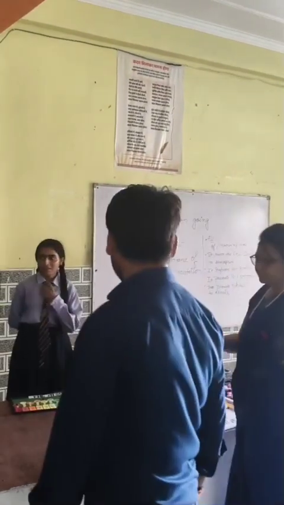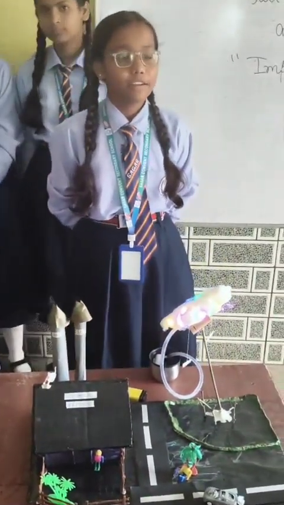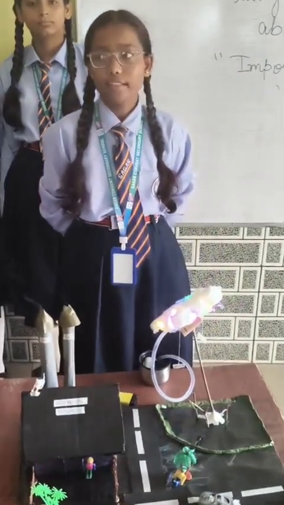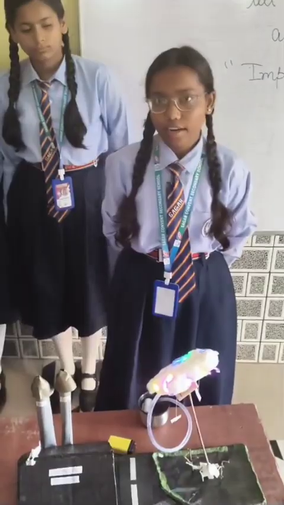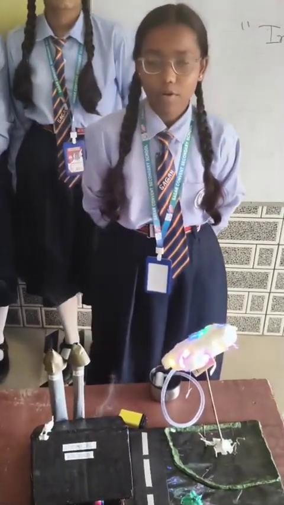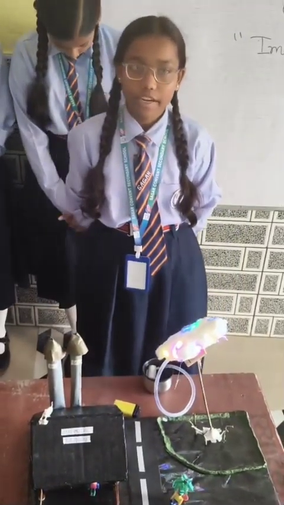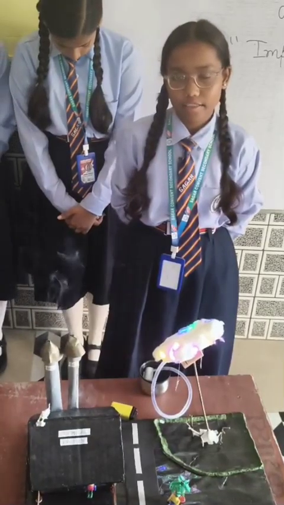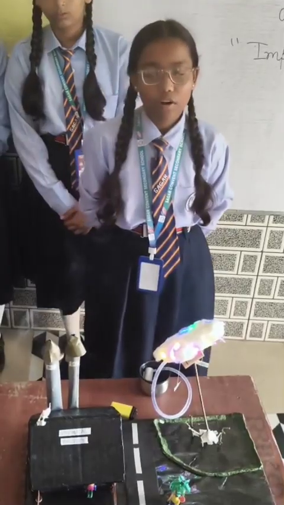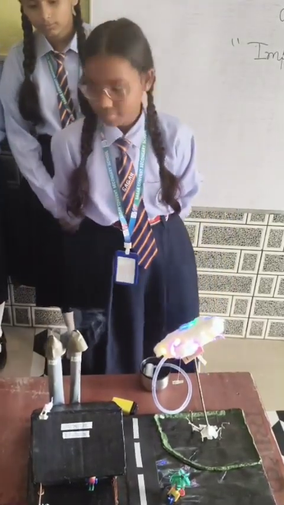Thank you. HOD sir and coordinator ma'am, and my respected subject teacher. I am Prachi from class 10th, and I am here with my group members Arnavi Shukla and Anshika Yadav from class 10th to present our project about acid rain. Acid rain is a high concentration precipitation of sulfuric acid and nitric acid. It happens when air pollutants like sulfur dioxide and nitrogen oxide react with air in the atmosphere.